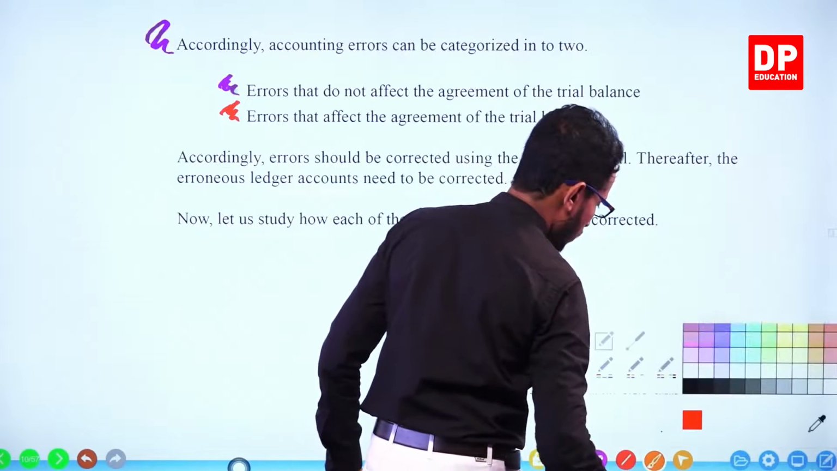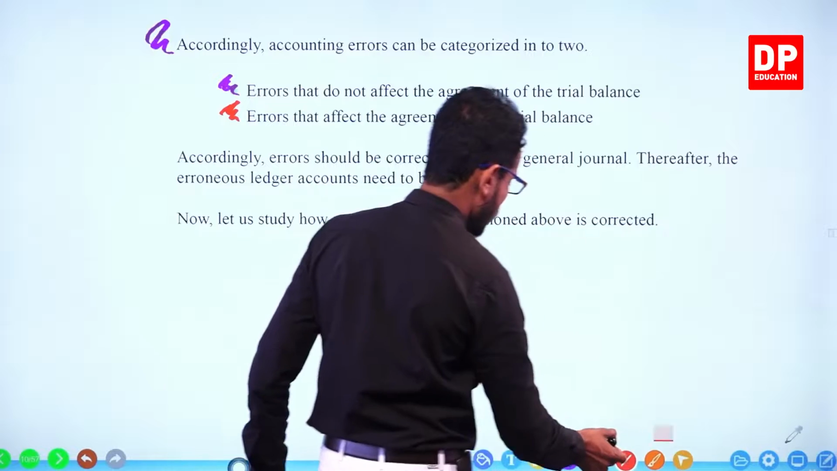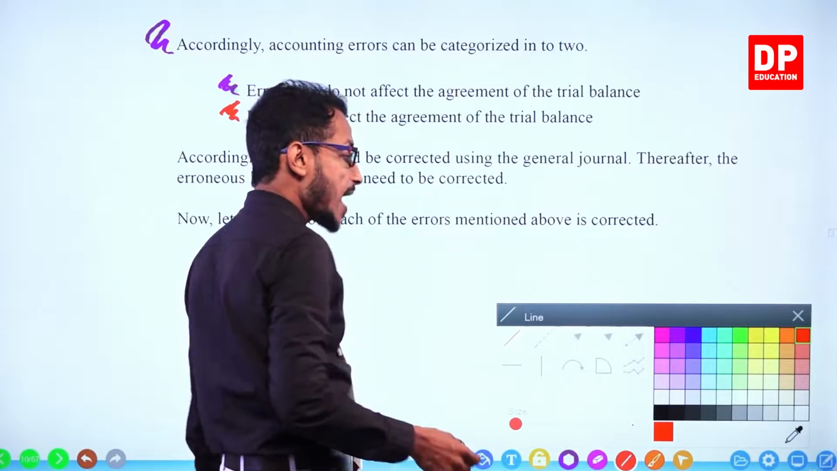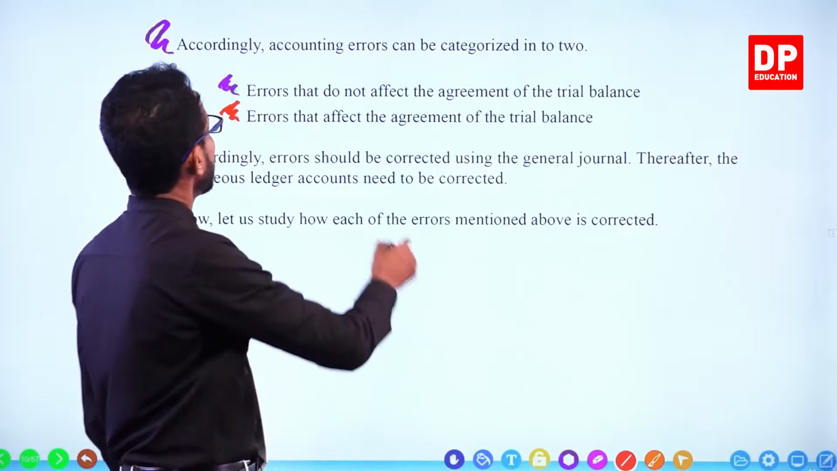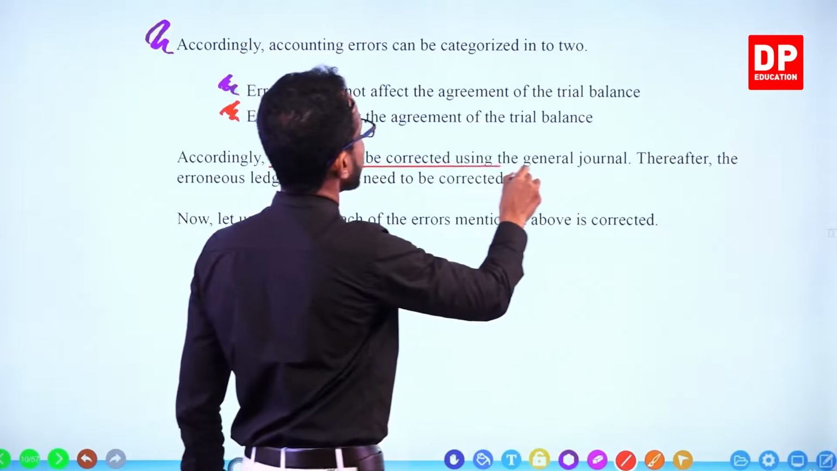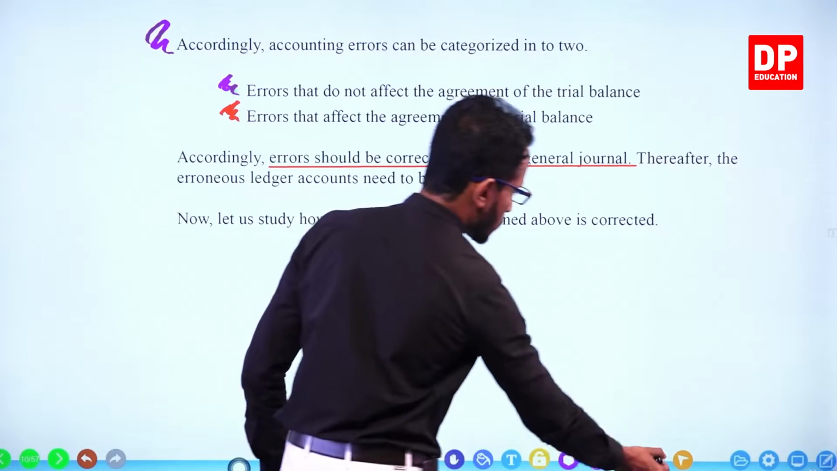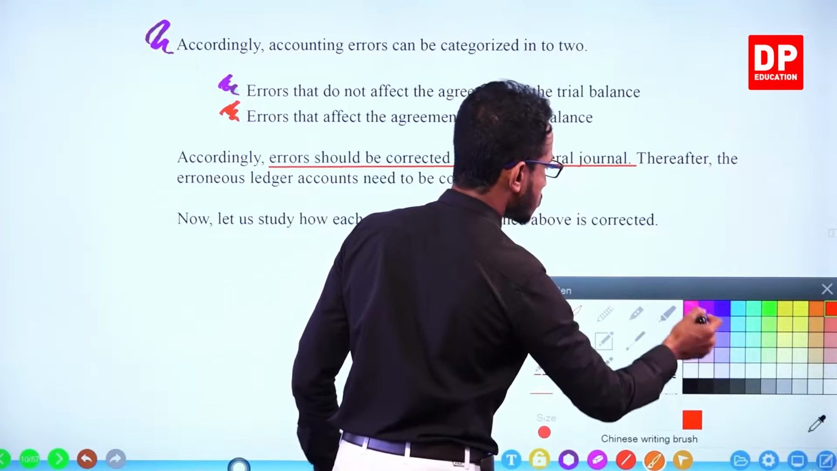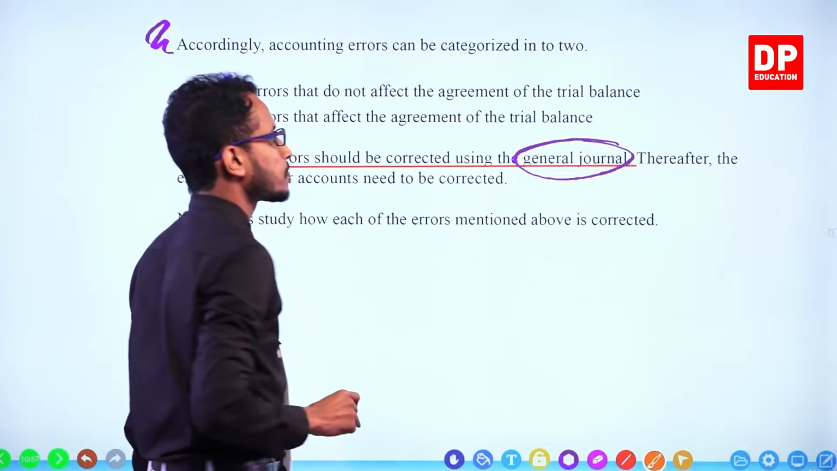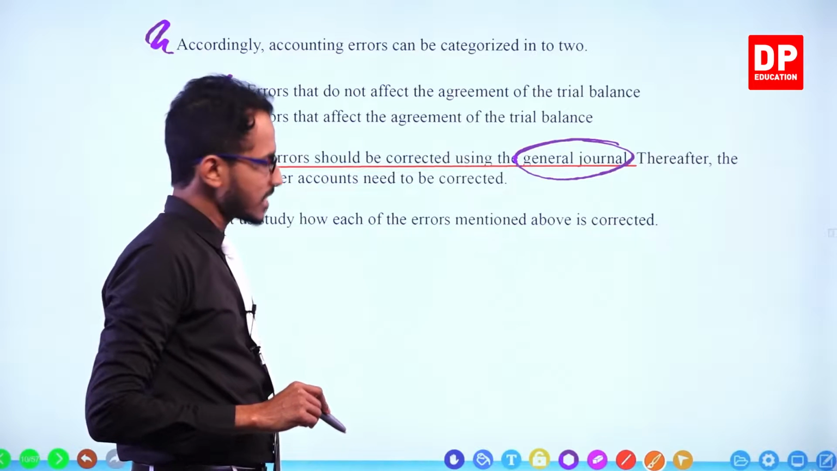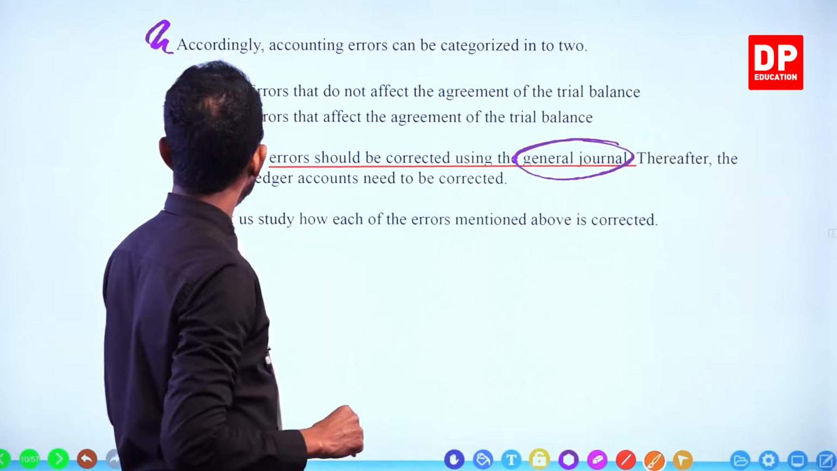We do the correcting of these errors in the general journal. Let's learn how to correct these errors. Okay, first of all,